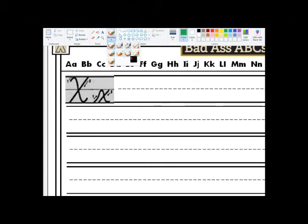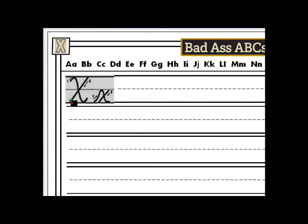Okay, let me see, grab my brush. And then I can change my size. There we go. Okay, so here we go. We're going to add those cursive elements that we're used to now. We're going to have a lead in with a tail. Same thing here: your X is going to have a lead-in leash, but if you're starting a word with X, you're not going to have that lead-in leash. Okay, here we go. We're going to lead in, hit the top, hit the bottom, and then get serious on